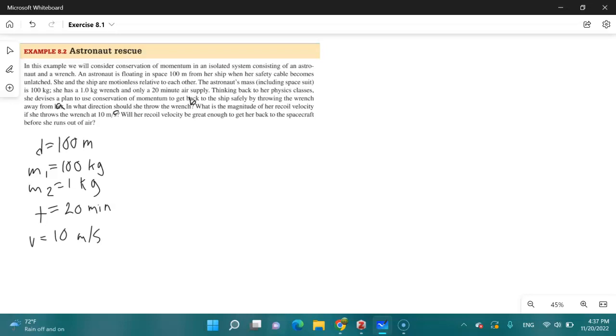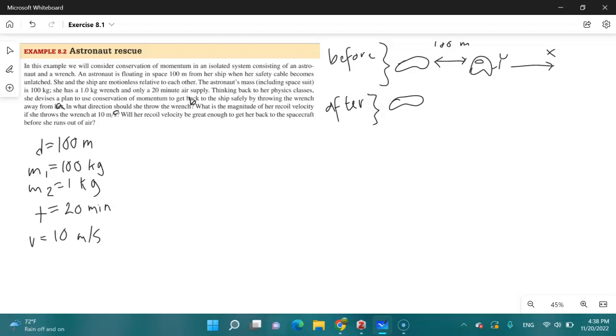So to understand this problem better, I'm going to do a before and after diagram. So for the before, we can kind of draw out the situation. This is our astronaut, and she has her wrench, and then this is the ship. And she is 100 meters from the ship, and she is moving away in this x direction. So now after,